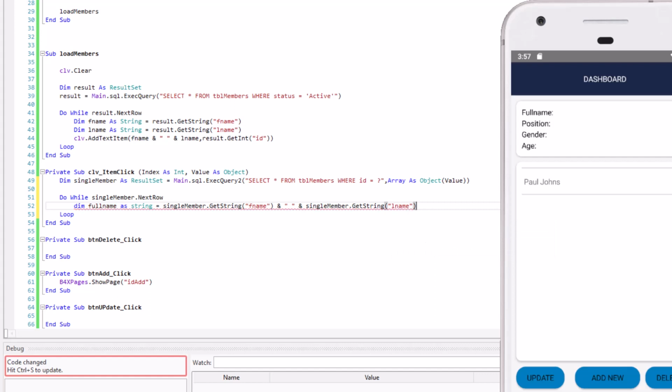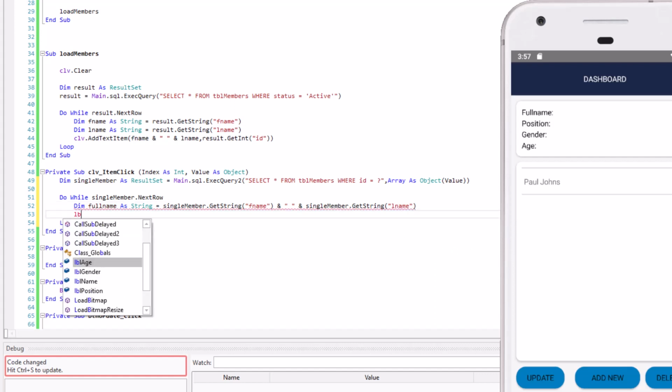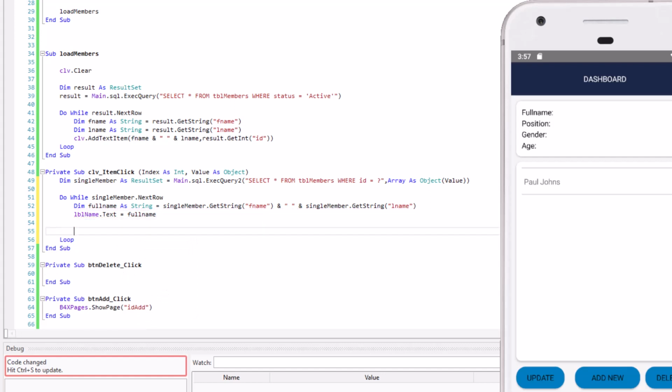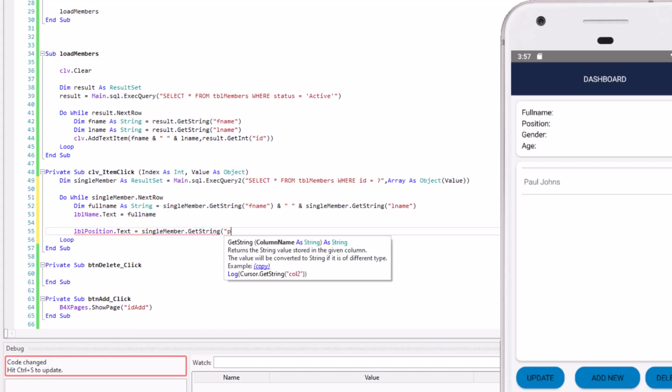So that's our full name, right? Label name dot text should be equal to full name. Position, let me just redirect. Label position dot text should be equal to single member dot get string position.